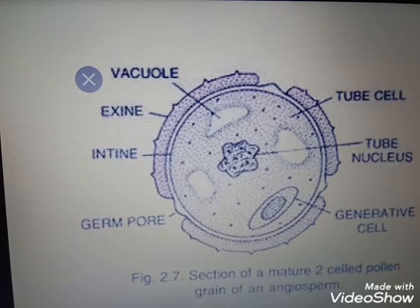Okay, in that case, the pollen grains at the time of dehiscence are liberated through the stomium region of the anther wall. Pollen grains are liberated in the form of yellow dust for pollination.